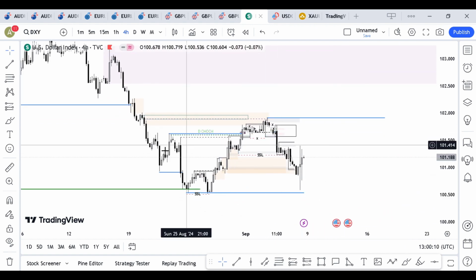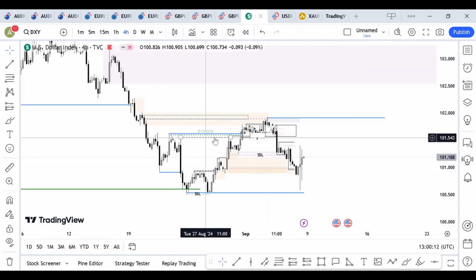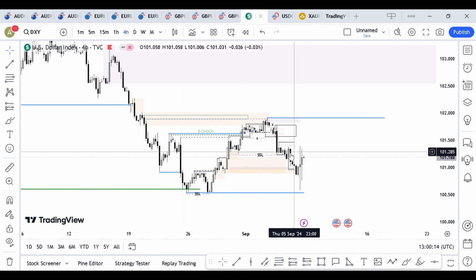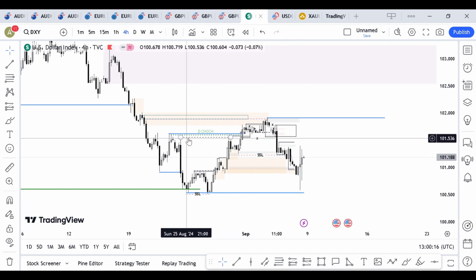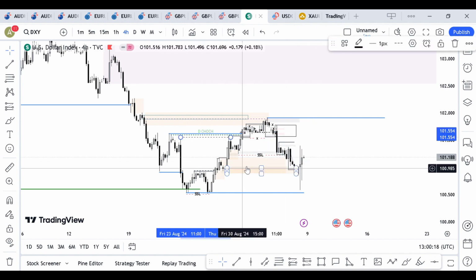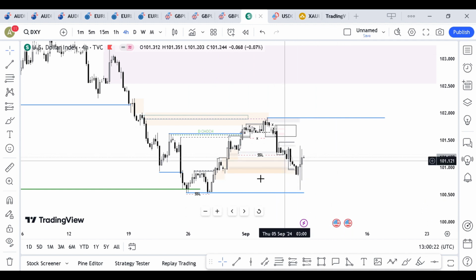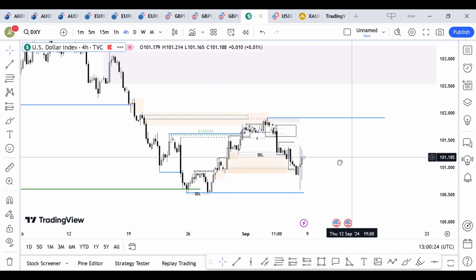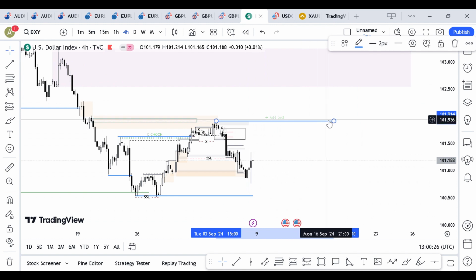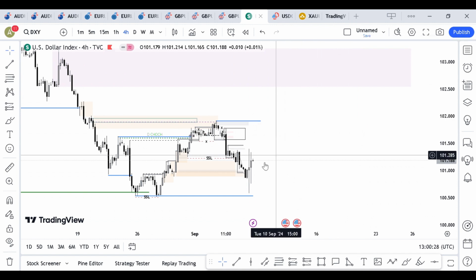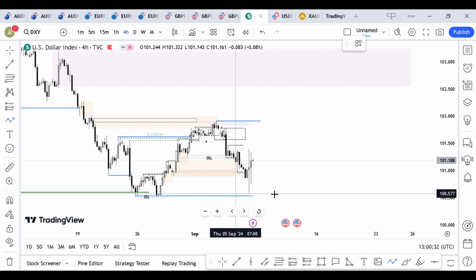So also on the 4 hour, we can see that this high was broken, which caused the daily change of character. We also had a 4 hour change of character right there, this dash line. And then all this was a return to its extreme before going to the upside. So I'll be expecting price to at least go to the upside like that, because it came down,